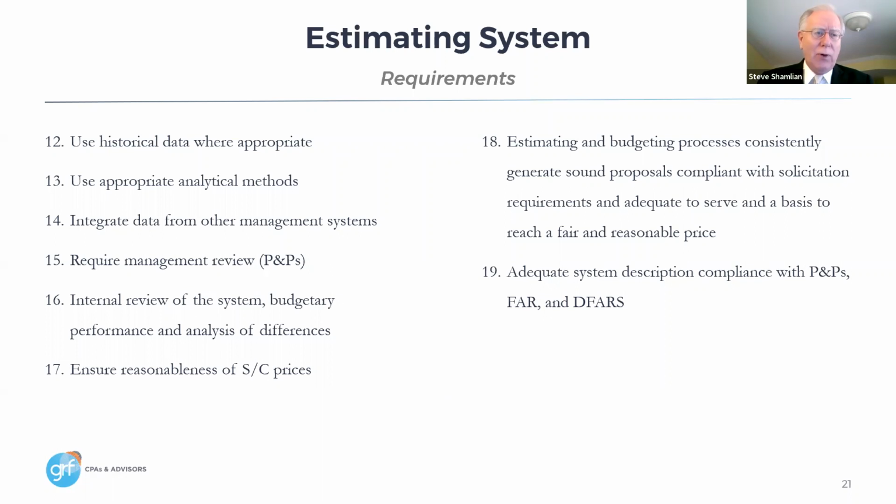Okay, use of historical data where appropriate, use appropriate analytical methods, management review, and monitoring budgeting processes. So if you have a budget for your indirect cost established at the beginning of the year, how is it going throughout the course of the year? Are you achieving substantial savings, meaning that the estimate of your indirect rate should be reduced? Or are you wildly overrunning your estimates, which indicates that the rate should be adjusted? Next, please.